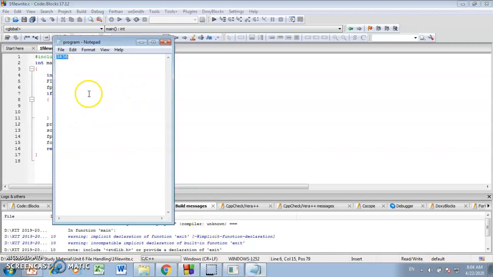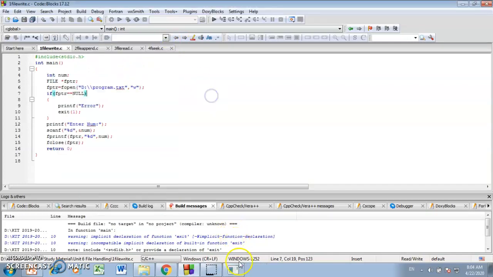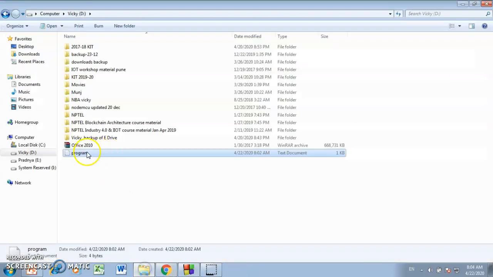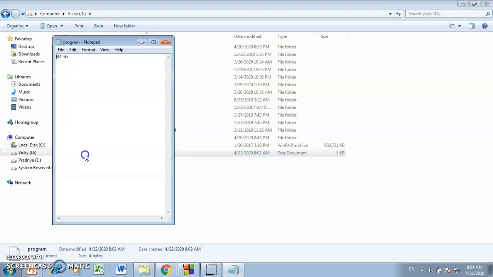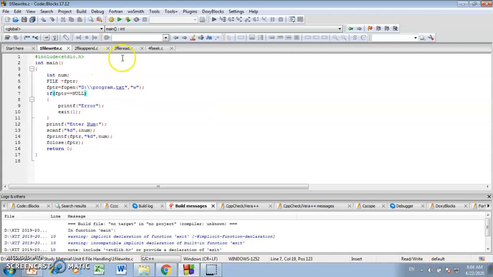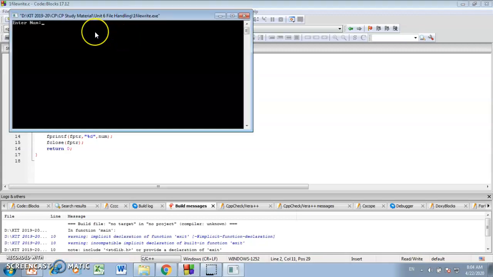So this is the way 3456 is written inside this program.txt, fine. Right now the program.txt file is already present on the D drive, and it has 3456. Suppose I again build and run this code and enter a different number, say 7896. Previously the number was 3456, now I have given the new number 7896.